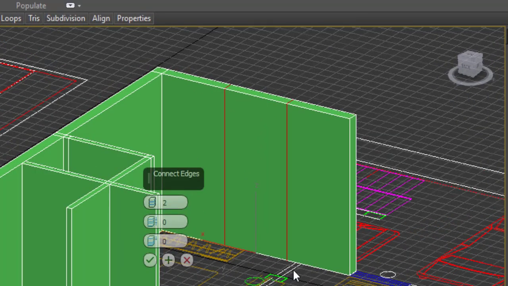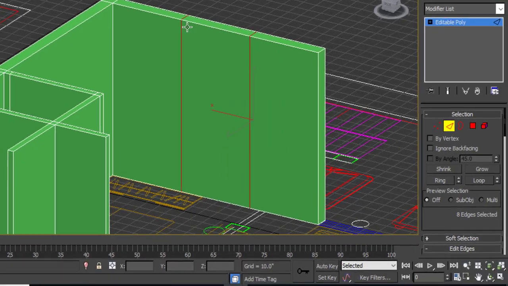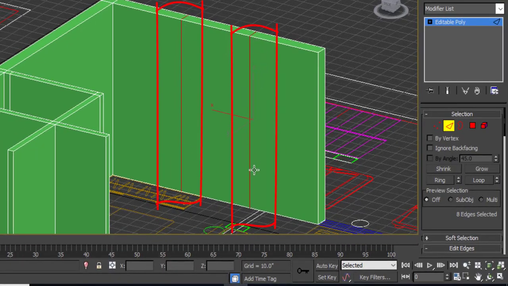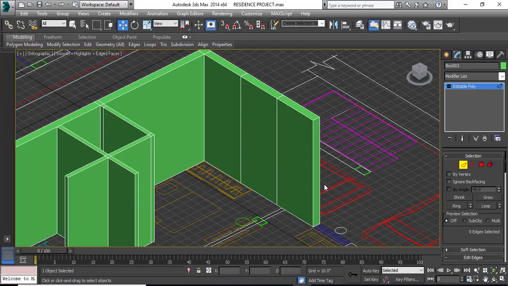Now we will need two edges to create this inner wall. You can create multiple as per your requirement, but in this case for a wall I'll need two, so I'll put 2 here and click on OK. As you see, the edges have been created. The lines, as shown, are straight lines.